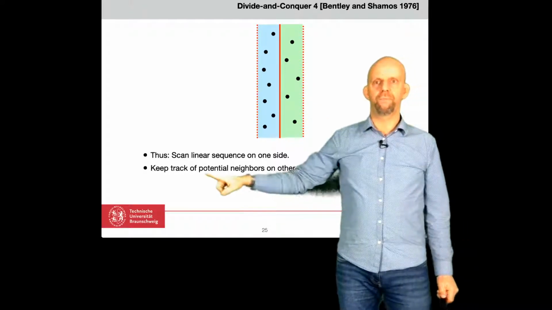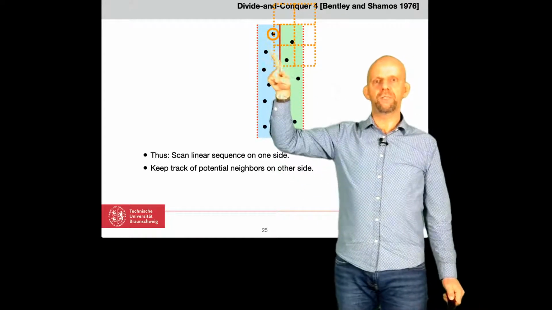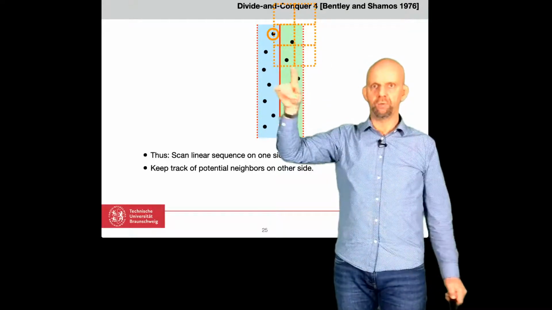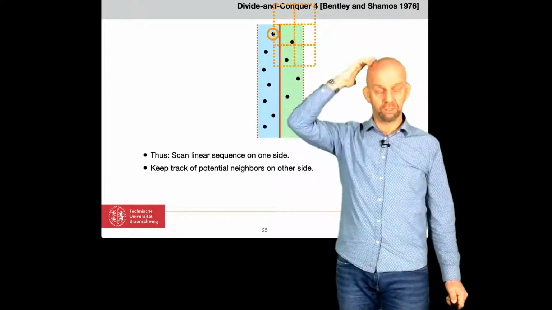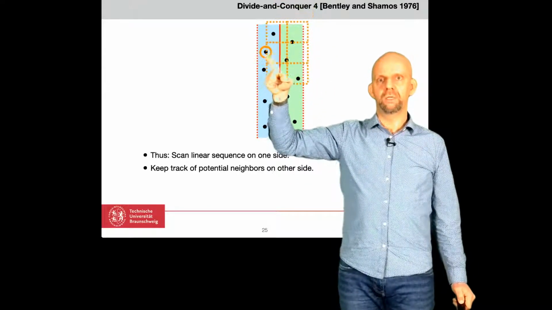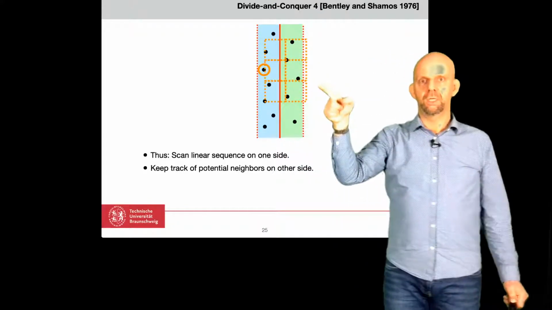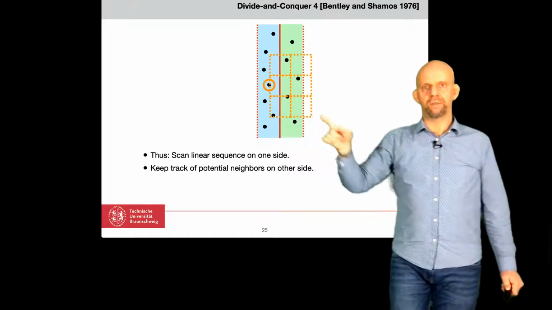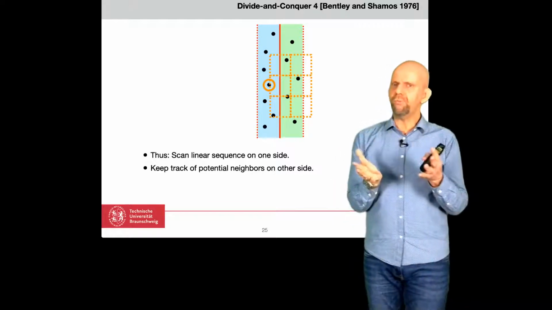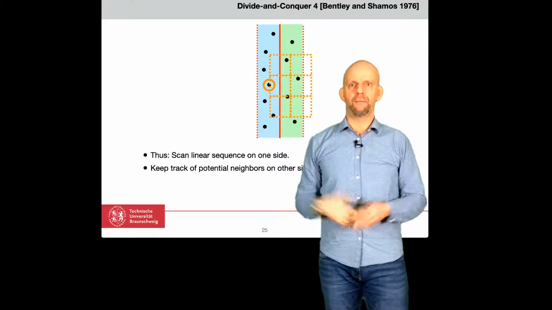So you keep track of potential neighbors, so let's look at that. When you look at this point, any potential close neighbors must be within this union of 6 balls. And when you go to the next one, you scan down here, you look at the next one, you scan down here. So by just going down the track, you can keep track of these. And notice that this is somewhat in spirit and in flavor similar to the merge step in merge sort, where